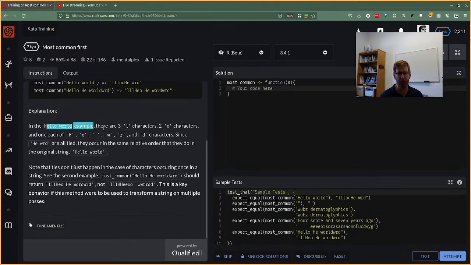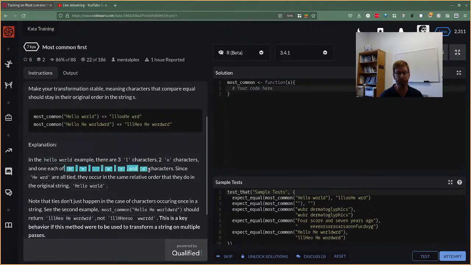Explanation. In hello world, there are 3 L's, 2 O's, and 1 each of the rest. Since each of the rest are all tied, they occur in the same relative order as they do to start. So those L's, they move over here. These O's, they move over there. And then we got H, E, space, W, R, D. All right, so